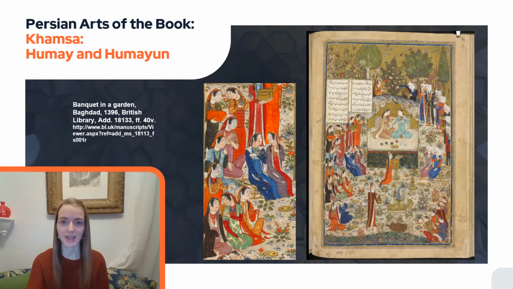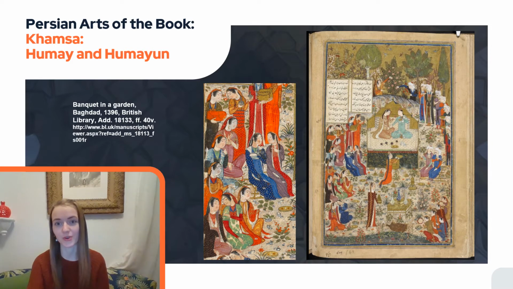If we look at this next case study, we can see that there is a drastic change in the text-image relationship. Now the image is even larger than the text block, and only two small columns of script are shown within the painting. Now we can see that not only the main protagonists of the scene are depicted, but also additional figures, creating a specific ambience. Here we have Humay and Humayun, one of the 5 poems from the Khamsa of Khwaja Kirmani, completed in the first half of the 14th century.